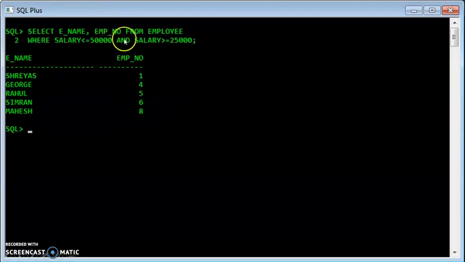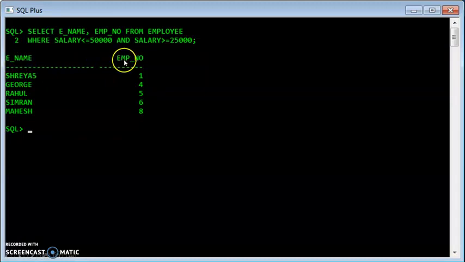Again, use of AND operator and less than equal to and greater than equal to. This query we have already studied in the previous practical, but here again we will do select ename, employee number from employee where salary less than 50,000 and salary greater than 25,000. Here we are just displaying the name and employee number.